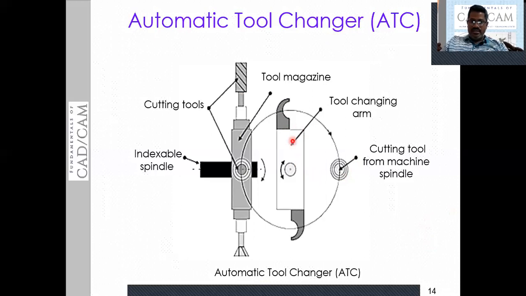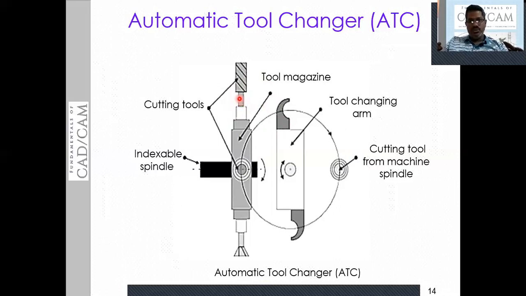I repeat this once again. The function of this ATC is to pick up the tool from the machine spindle where actually we are performing the work, and after picking up the tool, that will be placed in the tool magazine at the address of that tool. And simultaneously, after keeping the old tool in this tool magazine, the new tool will be picked by the ATC from this tool magazine, the required tool from the magazine.